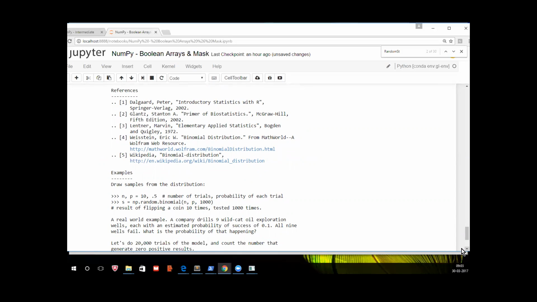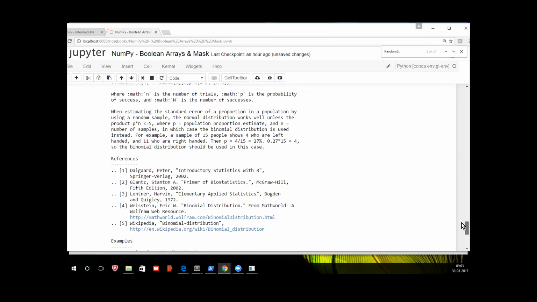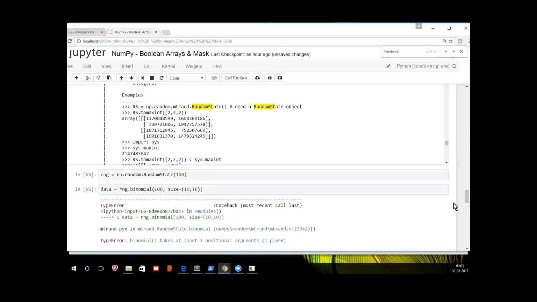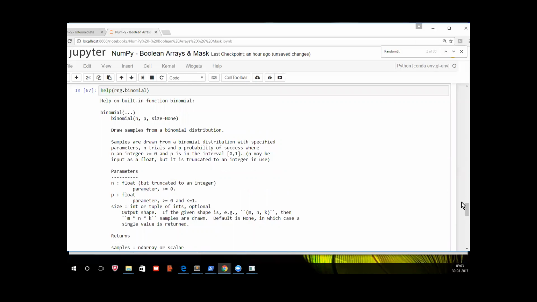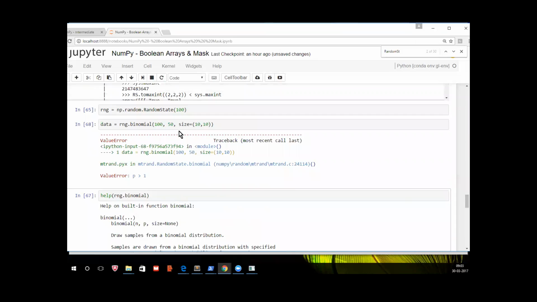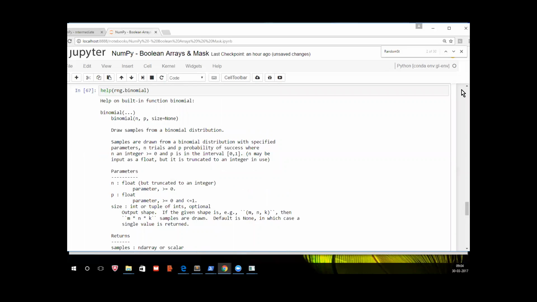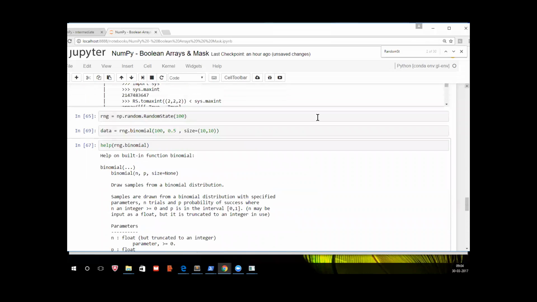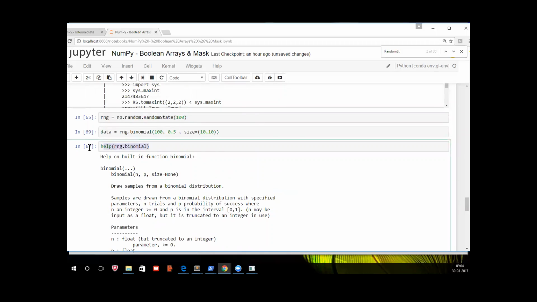So this is a little bit specific, so I might have to pass two parameters. It needs some distribution probability. Now it is fine, right? It generated data for you. So if you want to see the data,